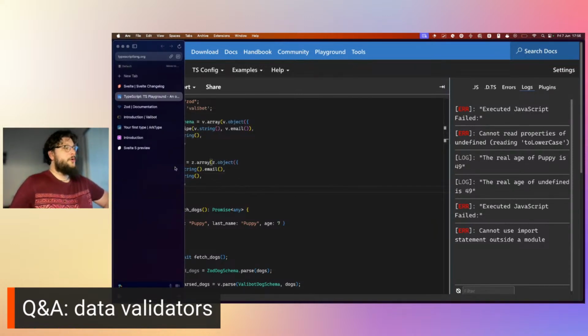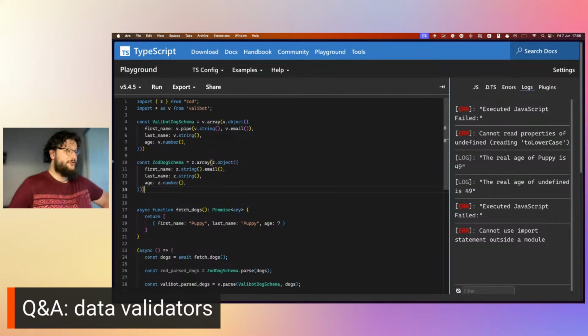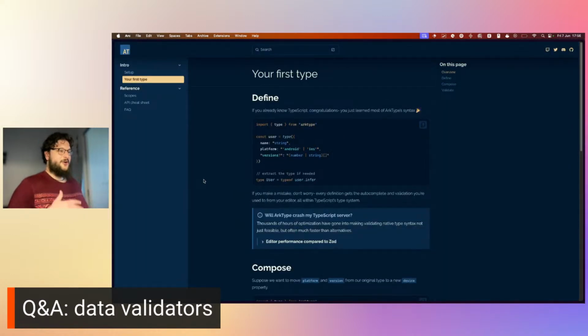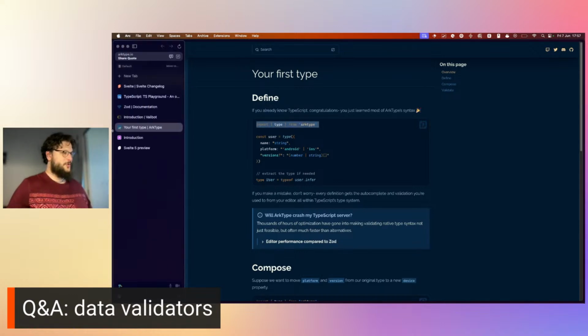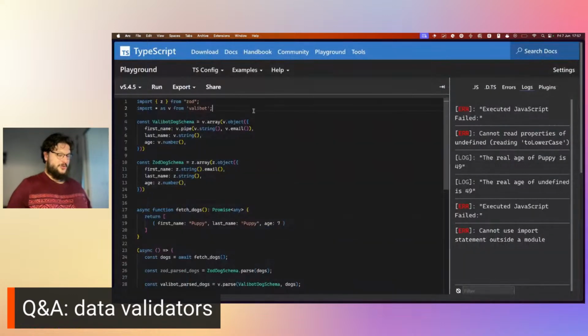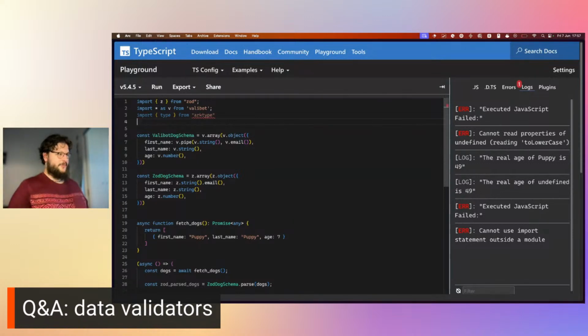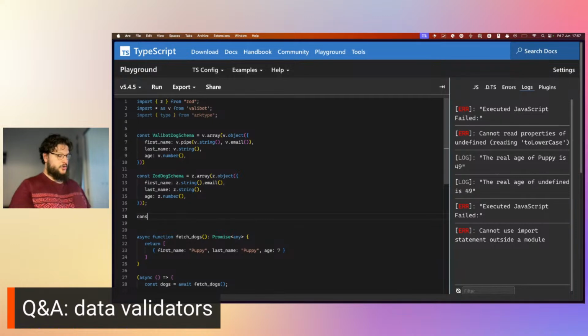Valibot is kind of new, but there are other options, and one very interesting is archetype. Now, if you look at archetype, what they're trying to do is to basically bring literally TypeScript into JavaScript. So they have this very strange syntax, but I think you get used to it after a while. But it's very interesting because basically you import type from archetype. So let's create const archetype dog schema,